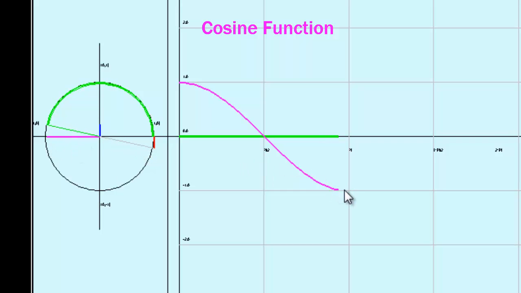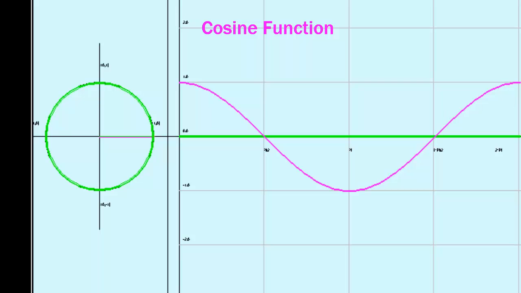Once it gets down to its minimum at pi, or 180 degrees, it's still negative because we're still on the left-hand side of the x-axis, but it's getting less and less negative as this value gets smaller and smaller and approaches 0. And it's going to reach 0 at 3 pi over 2, or 270 degrees. And now we're looking at that adjacent side. It's getting larger and larger in the positive direction, going from 0 all the way up to 1. So now we've made a complete